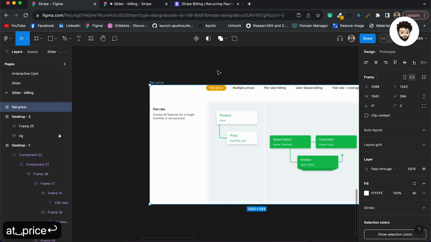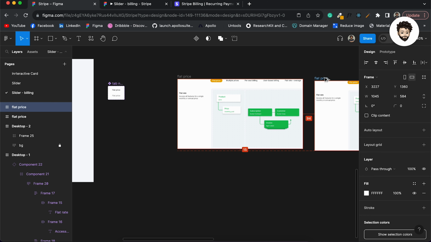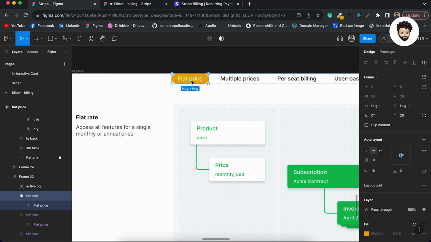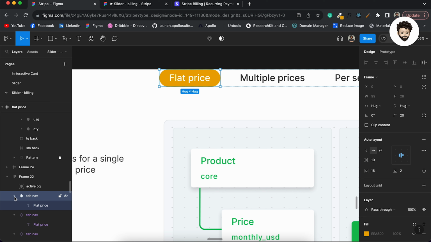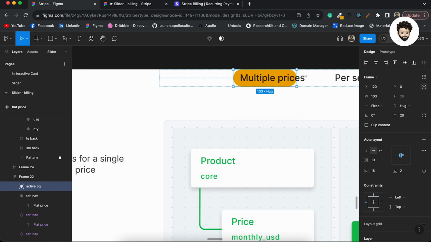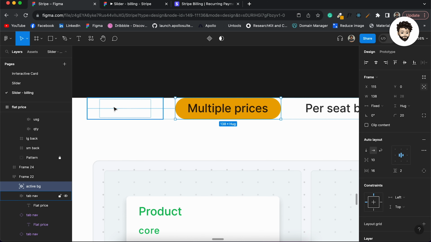tab. Then we need to make another version of it. By pressing Option, I'm duplicating it. Then we need to go inside here, this tab navigation. Here we have this active background. We need to move it to underneath the multiple price, right? And then we need to resize it just like this one so that it matches. So I'll just zoom in, and yep, just like this. And then come back here,